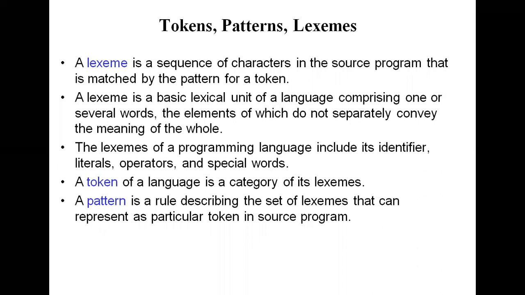For example, here are the lexemes. In the sense, int is a lexeme, i is a lexeme, the number num is a lexeme, or any other character like choice is a lexeme, or double is a lexeme. All these come under the lexemes. And then what the token is: identifiers or keywords or constants or punctuation marks or any other relational operators. All these come under the tokens.